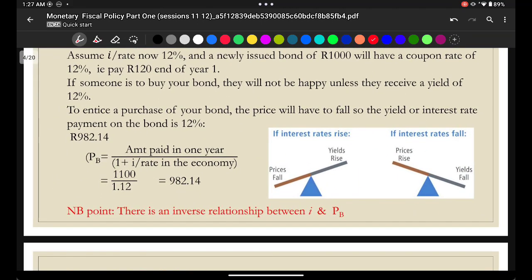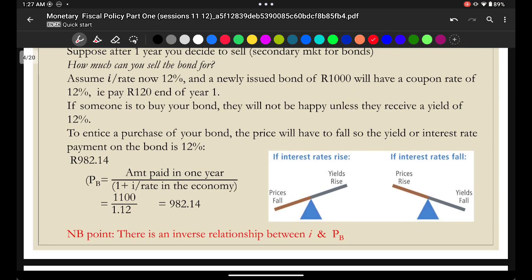I told you in my previous video. If interest rises, this also means the yields, and yields and interest is the same thing. So if interest rises, obviously yields rise, but price falls. So price and interest is inverse relationship. So all you have to do is this. If the prices of bonds increase, the interest rate will drop. That's what you all need to know.